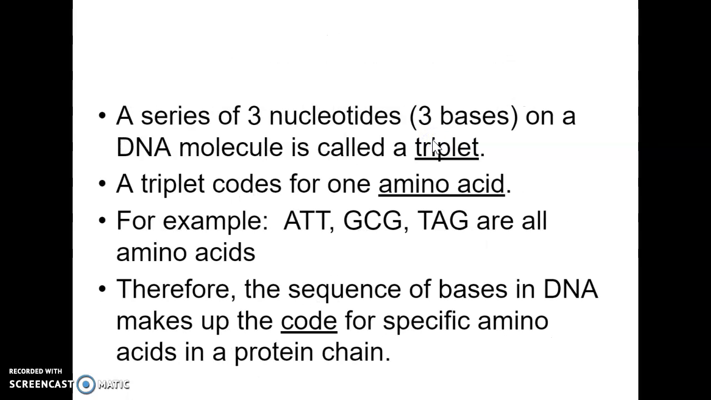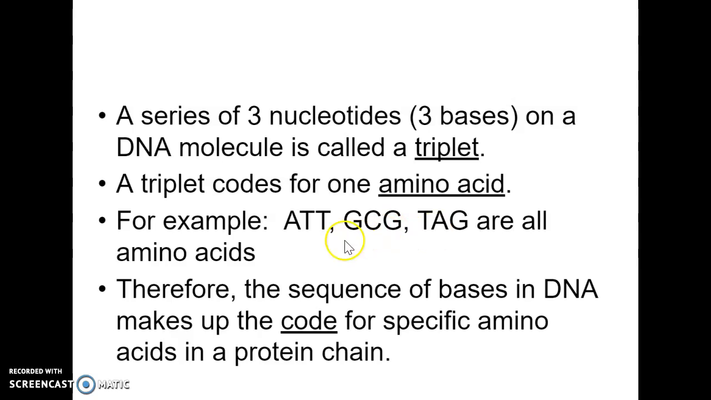So a series of 3 nucleotides, or 3 bases, on the DNA molecule is called a triplet. So I said a DNA triplet. The triplet codes for an amino acid. So for example, ATT would code for a specific amino acid, and then a little further down we might have GCG as your next 3 bases, and that would code for another amino acid. Then the next 3 bases might be T, A, and G, and those would code for